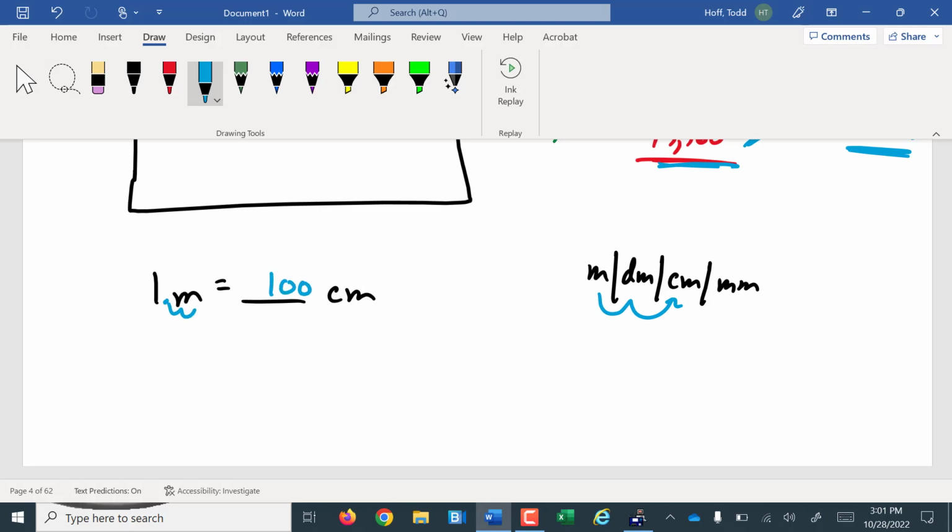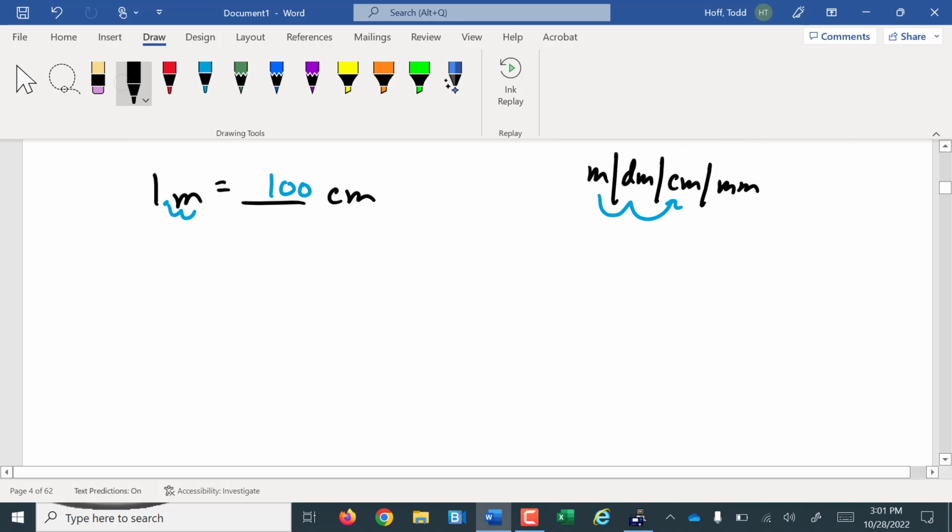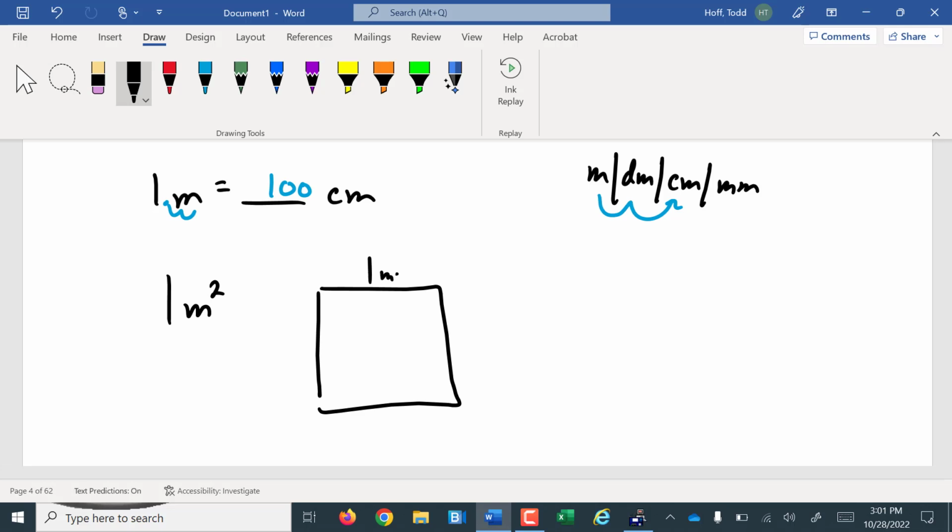It's 1,000 millimeters is what you were thinking. 1 square meter is 1 meter by 1 meter, which of course is 100 centimeters by 100 centimeters, giving us an area of 100 centimeters times 100 centimeters, or 10,000